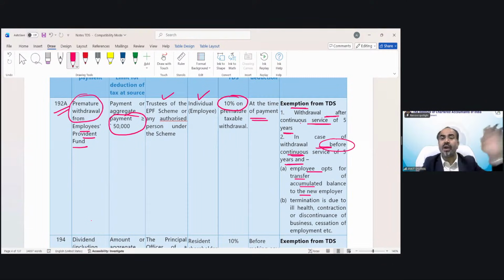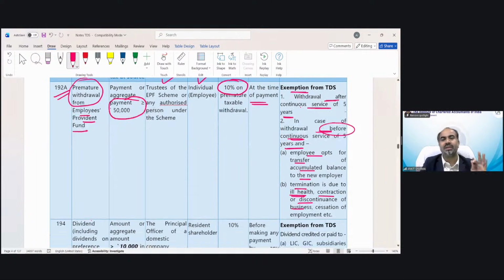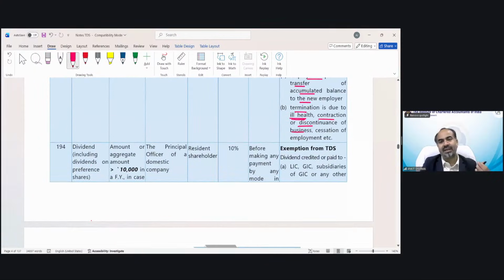You transfer it to another employer provident fund account. In that case, even if before 5 years, no TDS. Or the reason is ill health, contraction or discontinuation of business, cessation of employment, etc. Employer shut down the business, or you need it for your medical reason, etc. Then income tax is very emotional. When there are certain reasons which are beyond your control or due to any health issue, life issue, they will